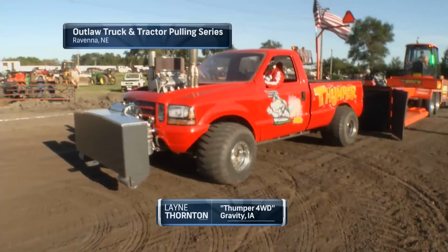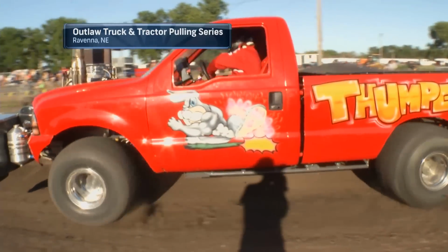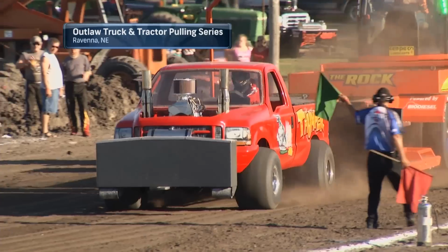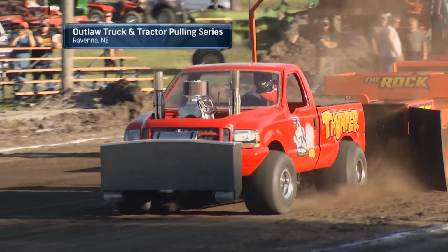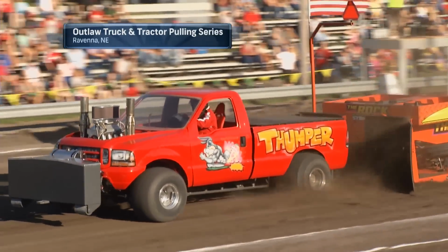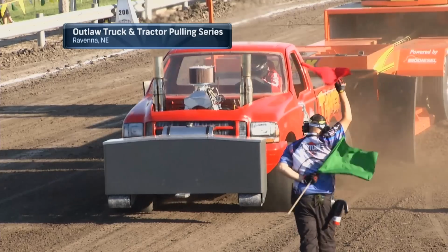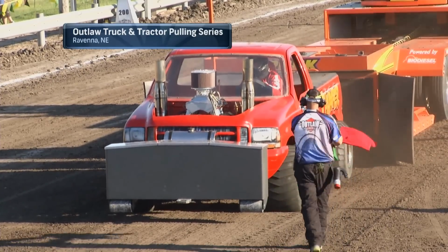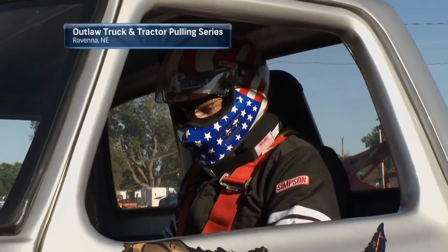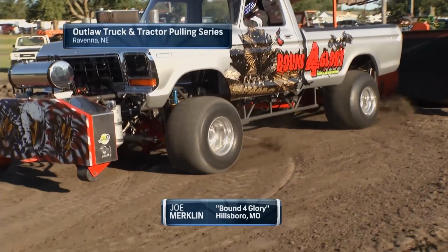This is the four-wheel drive second event of the 2015 season. Points are going to start adding up quick. The class kicked off in the points chase in Ravenna, Nebraska, where the Thumper Ford Super Duty truck, driven by Murray Thornton, came out on top of the first day of competition with a pull of 330.76 feet. The next day, the top of the heap was Joe Merklin, whose Ford 250 Bound for Glory dominated the pull